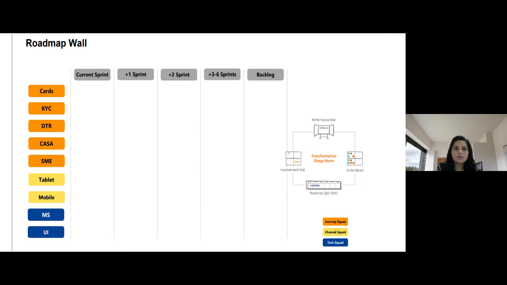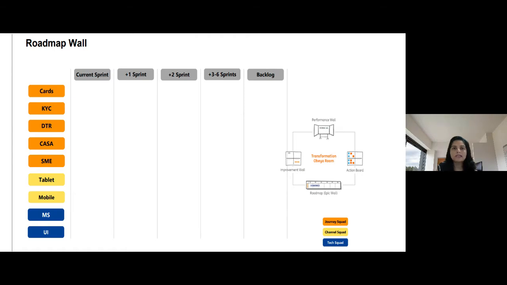Okay, so on the roadmap wall, I'm just giving one quick example. We call these squads instead of scrum teams in Mashreq, so I'm just calling it squad. Do let me know if anybody has any confusion between these. Just randomly I have kept the names like cards, KYC, DTR, CASA, it could be any team, team 1, team 2, team 3.